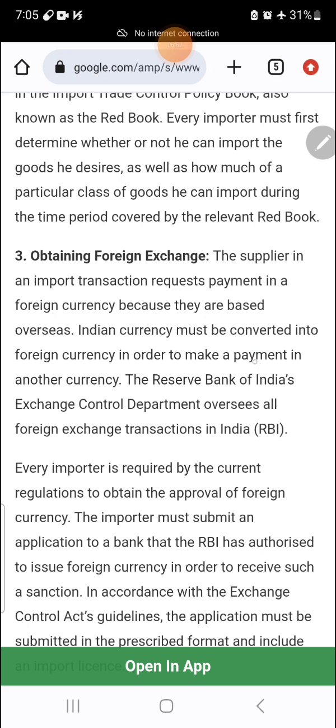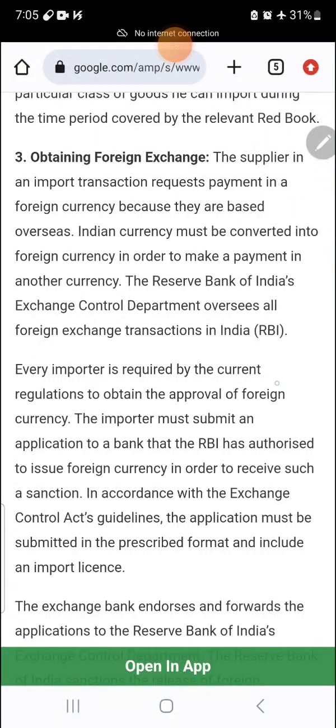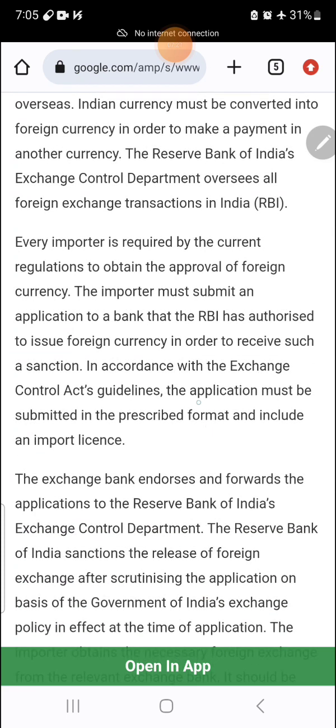Indian currency must be converted into foreign currency in order to make a payment in another currency. The Reserve Bank of India's Exchange Control Department oversees all foreign exchange transactions in India. Every importer is required by the current regulations to obtain the approval of foreign currency. The importer must submit an application to a bank that the RBI has authorized to issue foreign currency in order to receive such a transaction,